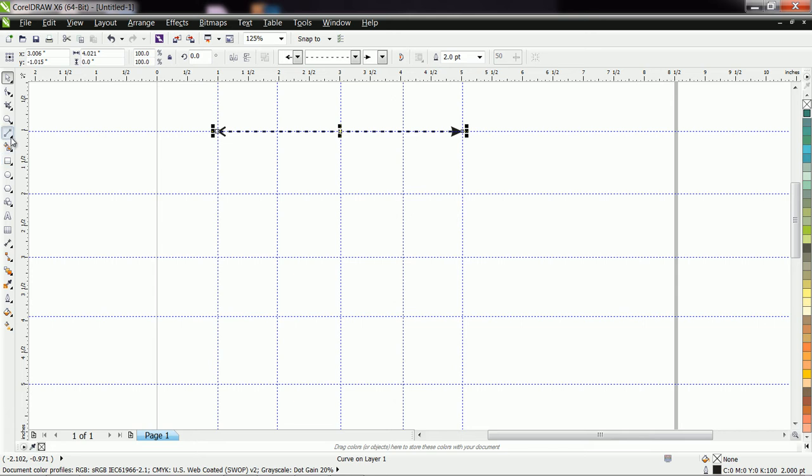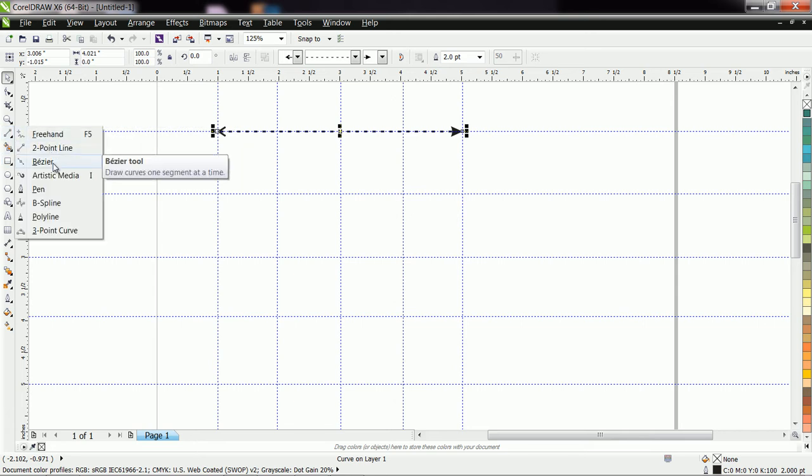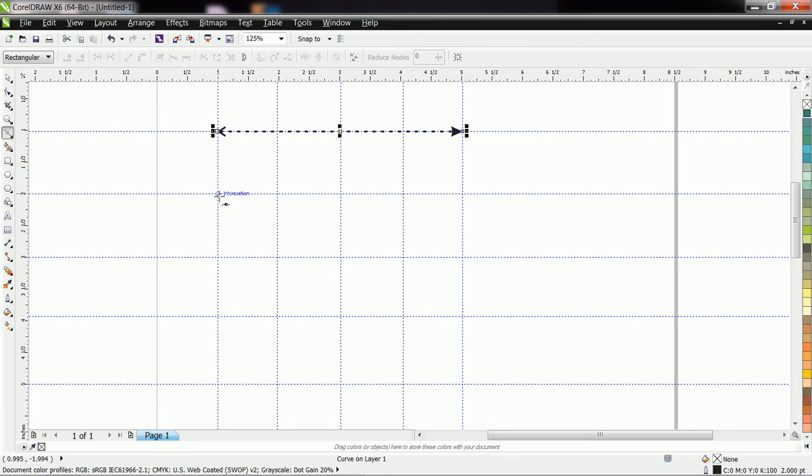For that purpose, let us see one more tool, that is the Bezier tool. Here are two tools. One is Bezier, one is Pen. You can use as per your choice. First, let us see the Bezier tool. Suppose I click one point here, other point here. Then I want to draw a rectangle. Okay, but here always point out one thing: from where you begin, you have to end at the same node.